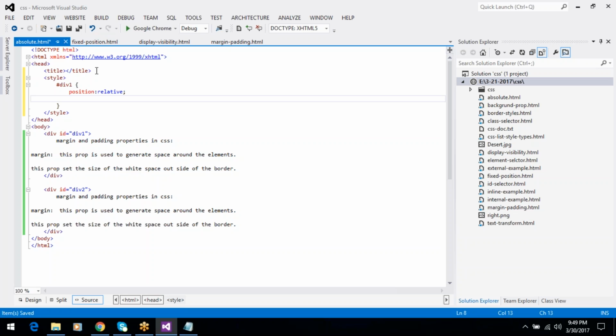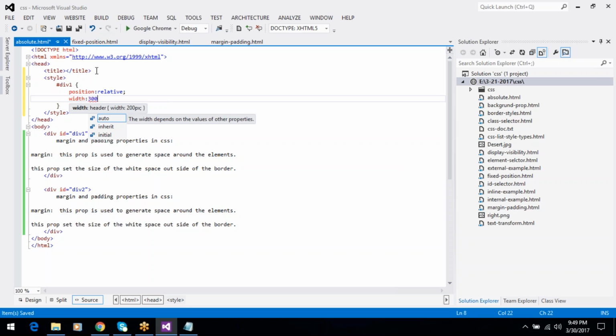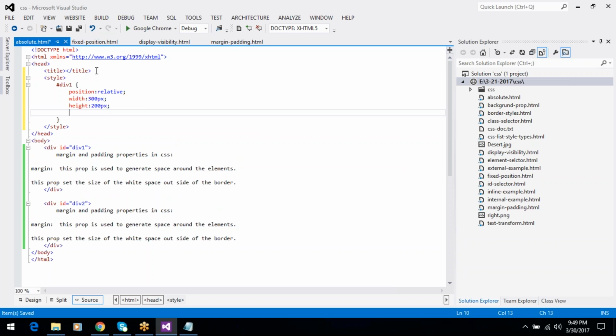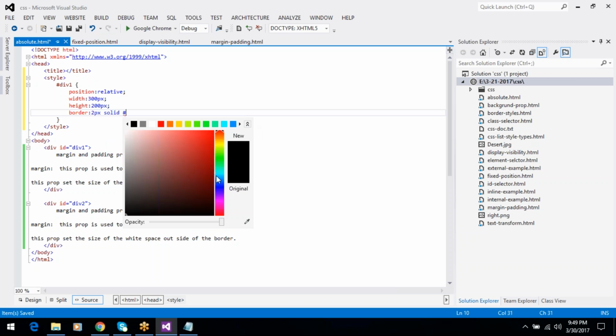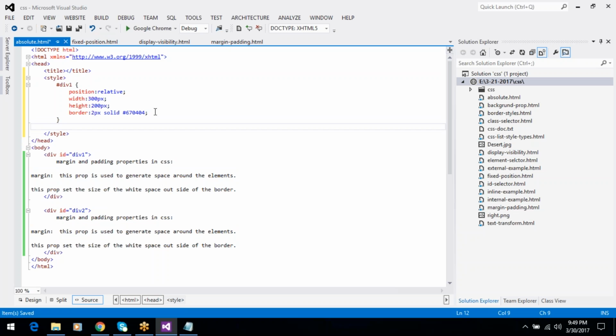Okay, and width 300 pixels and height 200 pixels and border 2 pixel solid. Okay, and div2